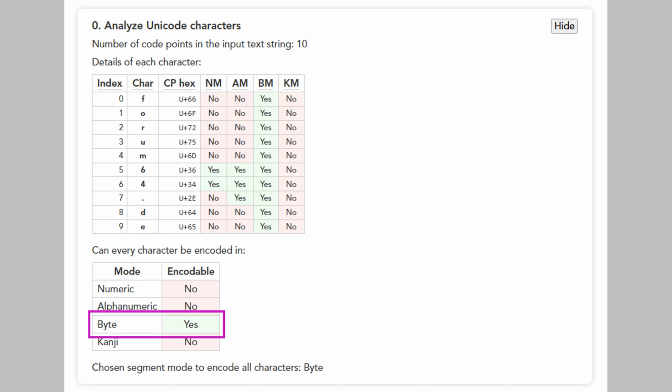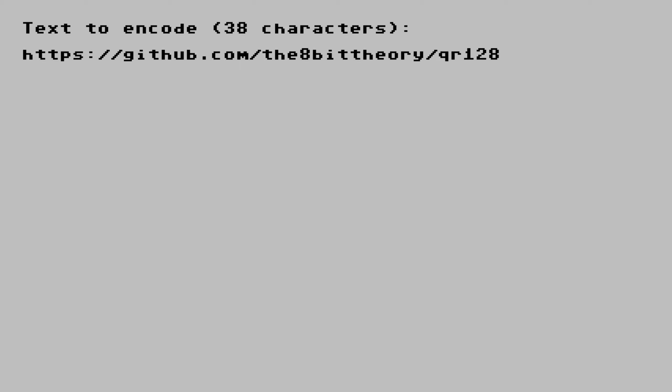The step of identifying the most appropriate mode is easy for us. We'll always pick byte mode. Next step is to prepare the data so it can be aligned accordingly inside the matrix that makes the QR code. All the data needs to be continuously written to bytes so they can be processed by the next step accordingly. In the comments of my source codes, I described this as the data stream.